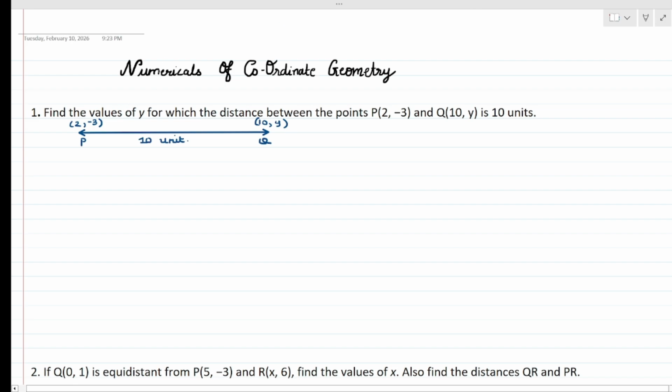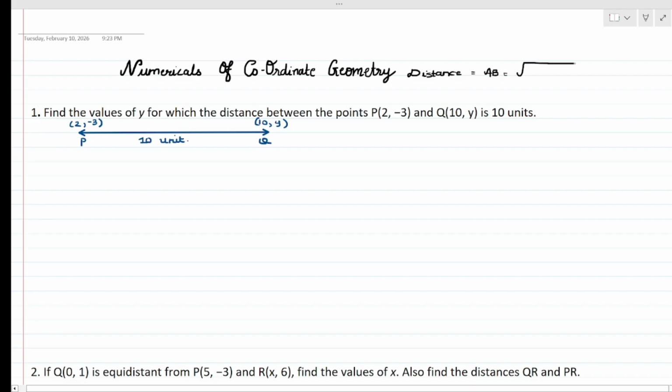Today we are going to learn about numericals of coordinate geometry. In the earlier video we learned about the distance formula, second the equidistance formula, then the section formula. Okay. So the distance formula was, if we are asked for the distance between AB, that means it will be